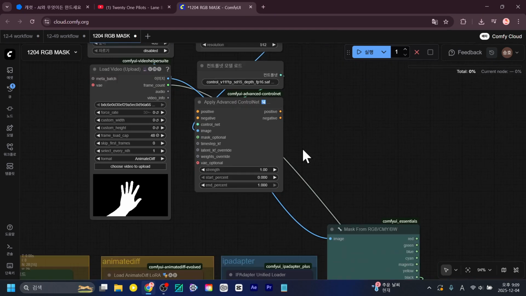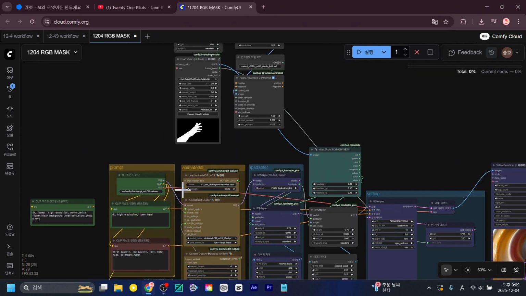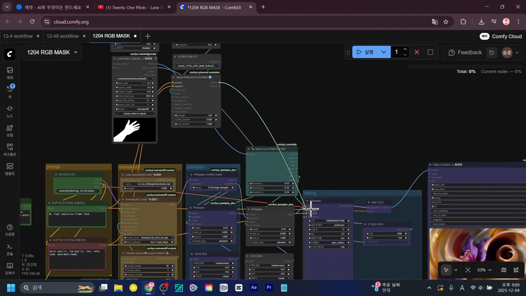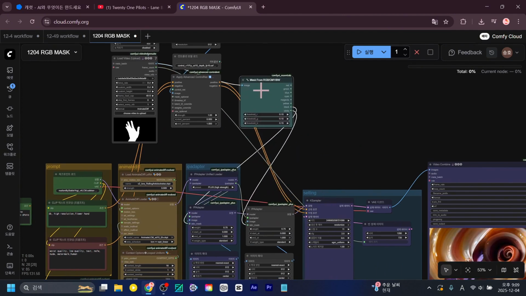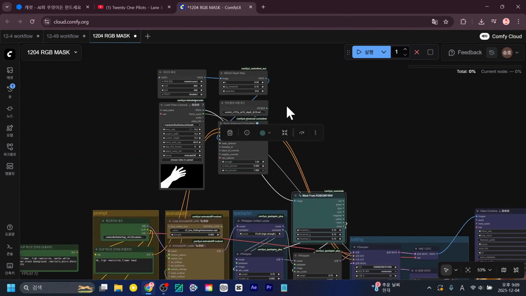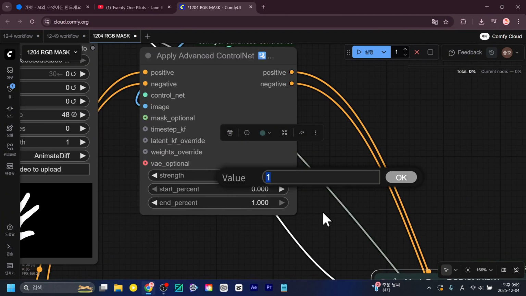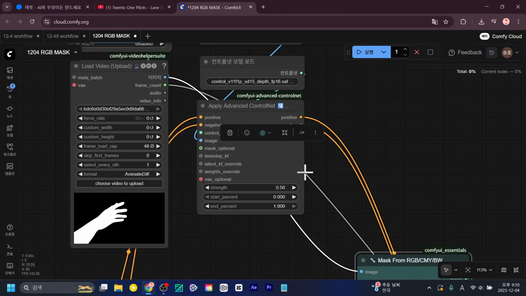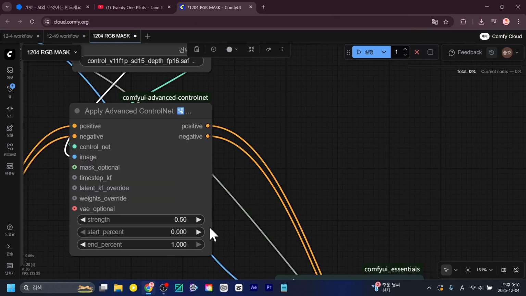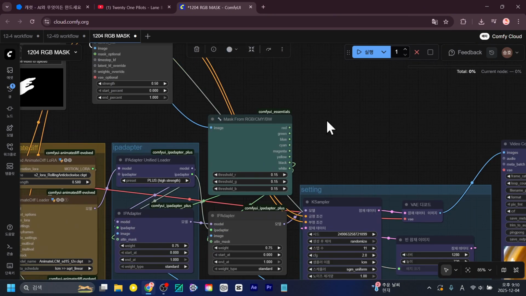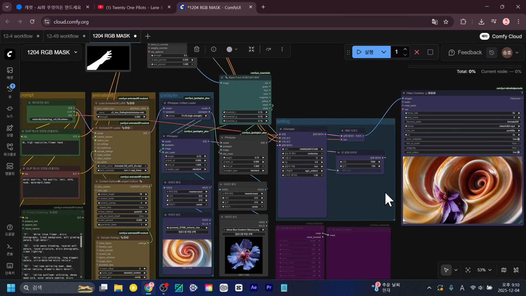Next, there are positive and negative prompts, so if you look here, you need to put the positive prompt here in order to control and apply it. You also need to connect the out slot from the K-sampler like this. That's how it should be connected. Then the weight should be set to about 0.5. If you set the control net to 1, it's too strong, so sometimes it doesn't actually apply well. That's why I tend to lower the value instead, at least within Comfy.